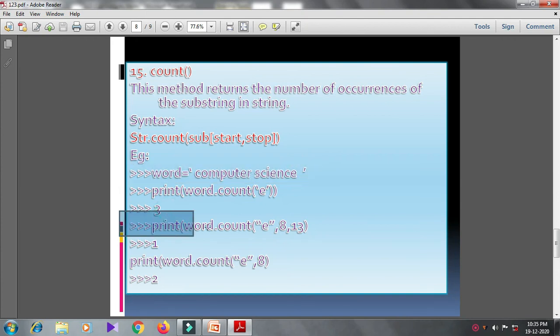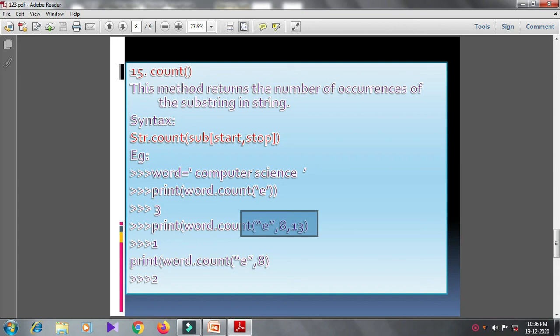Next example, print word.count('e', 8, 13). Count the occurrence of e in the string from the 8th position to the 13th character. 0, 1, 2, 3, 4, 5, 6, 7, 8.